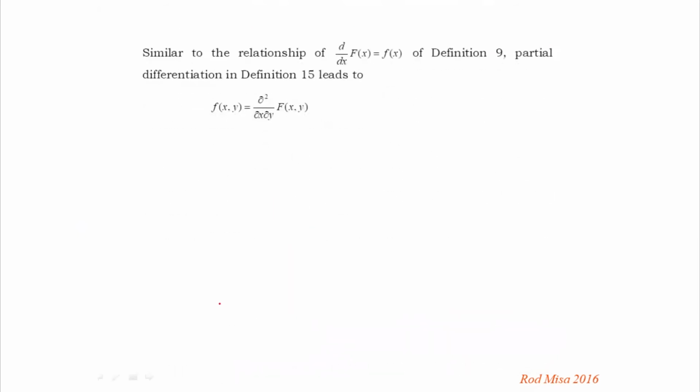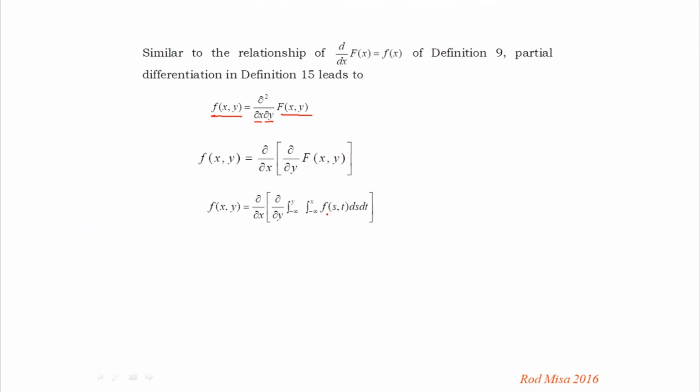Now, similar to the relationship of the derivative of our cumulative distribution function, which is equal to the probability density function of definition 9, partial differentiation in definition 15 leads to our joint probability density function here, which can be obtained by the second partial derivative of our cumulative distribution function with respect to y and then with respect to x here. So, differentiating with respect to y of our big F of x and y, and then followed by the differentiation with respect to x, we have our big F as the double integral of our joint probability density